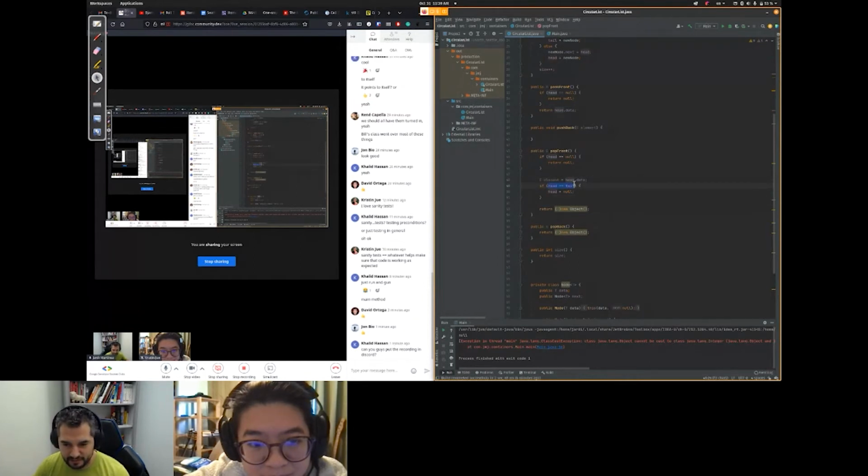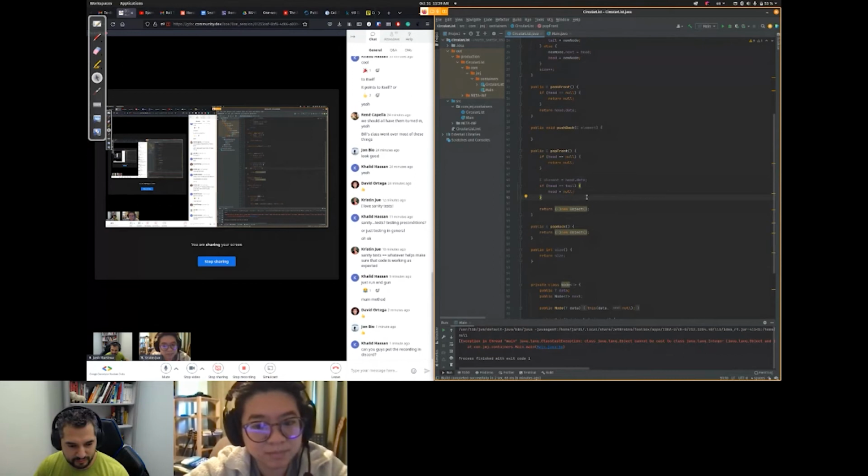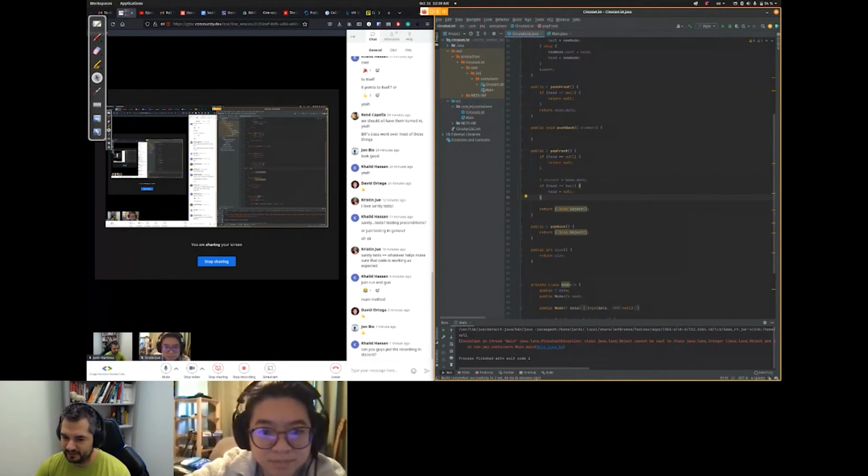If head is pointing to tail, then I have to set head to null because I can't set head to anything else. Or in this case, head is pointing to null. Else